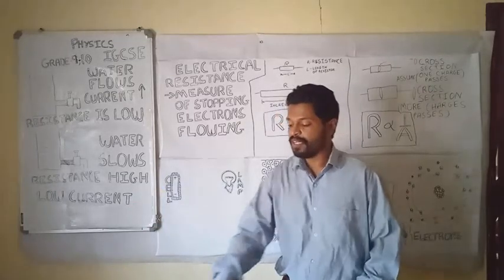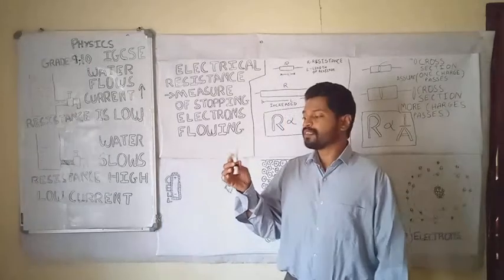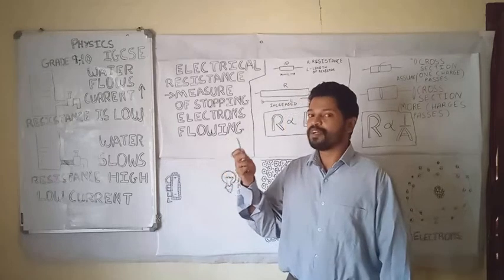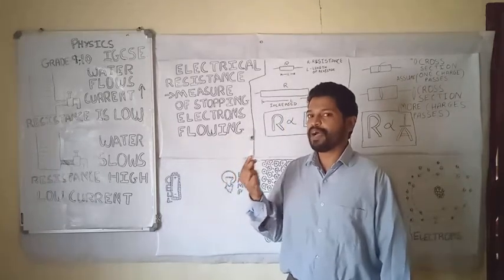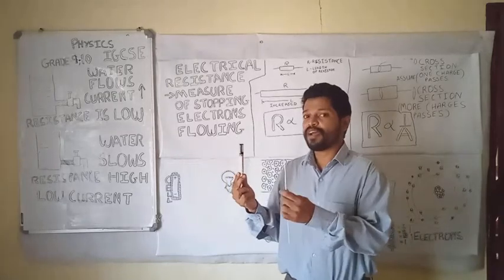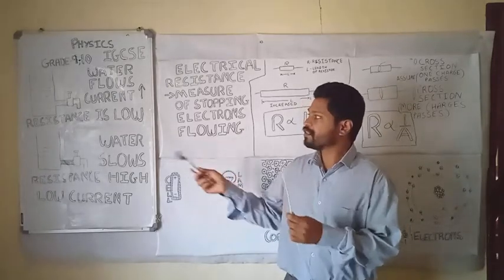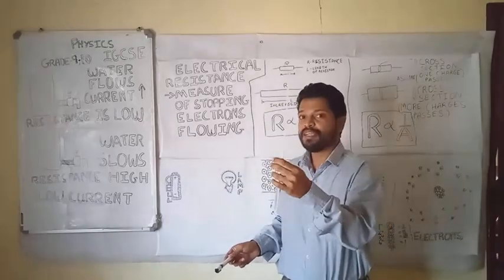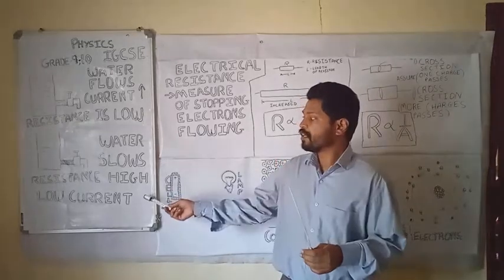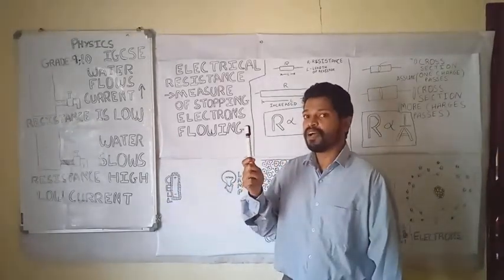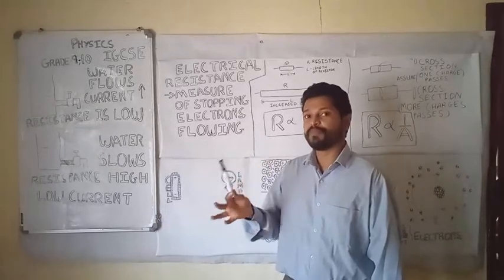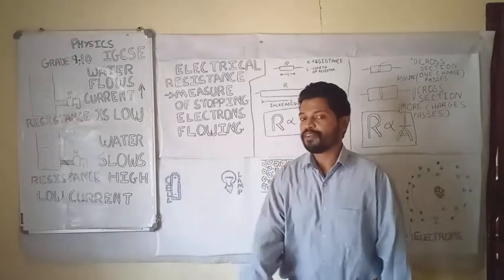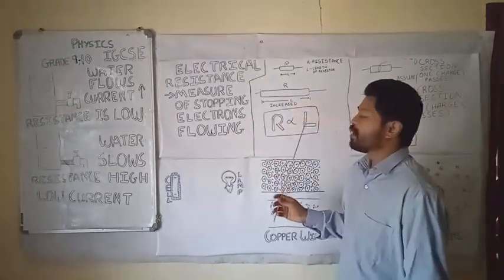Insulator, what happens is that this is an insulator. If you pass current through this, there is no current coming out. It is a very bad conductor, we call this a bad conductor of electricity, and this metal wire is a good conductor of electricity. This is due to this reason. The resistance is low and the current flow is high inside the metal wire. Here the resistance is very high and the current is minimal, so you don't get current outside here in the insulator.